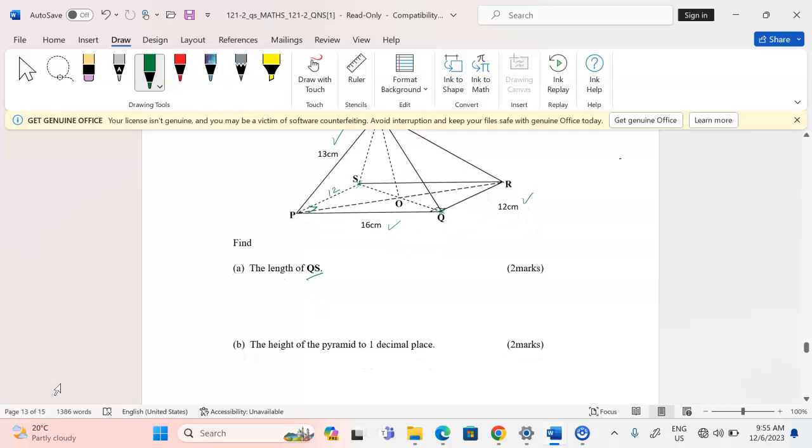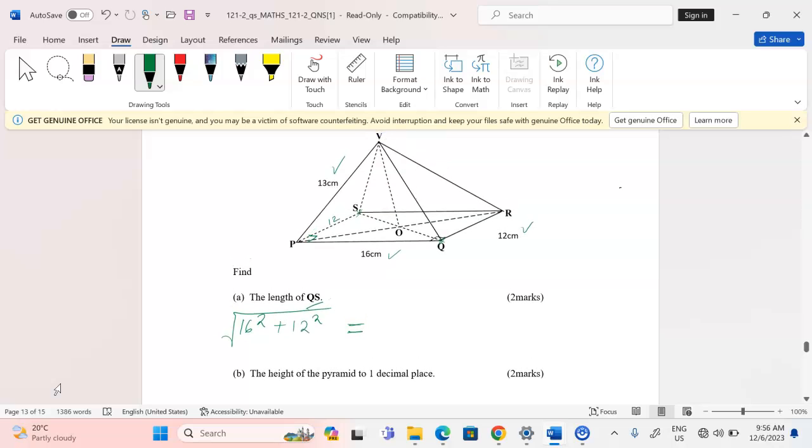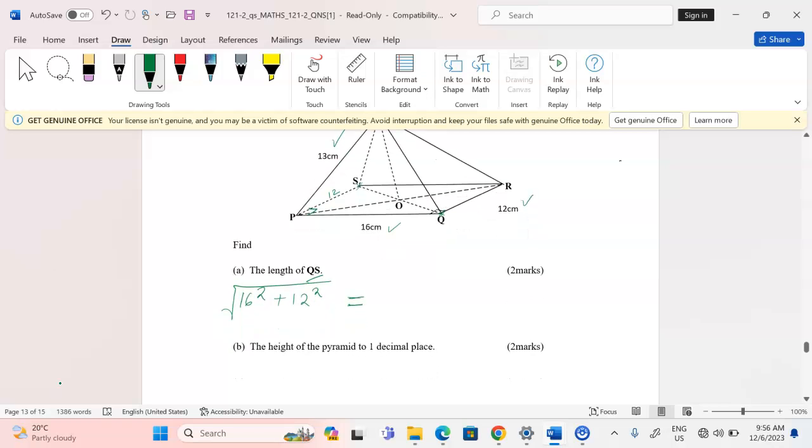We take 16 squared and add 12 squared, then we obtain the square root. That will give us the length QS. So I take 16 squared, add 12 squared, then take the square root, and the answer is exactly 20